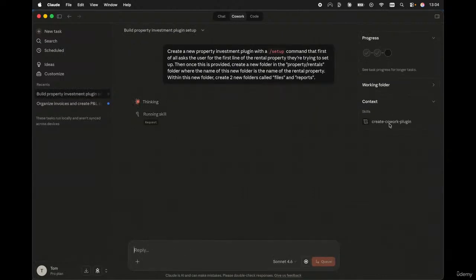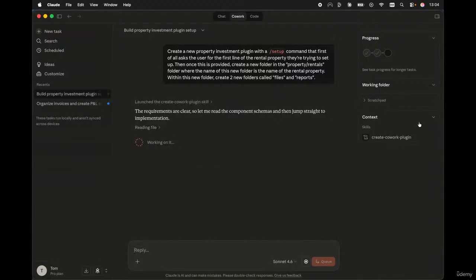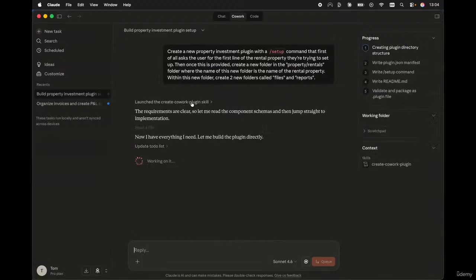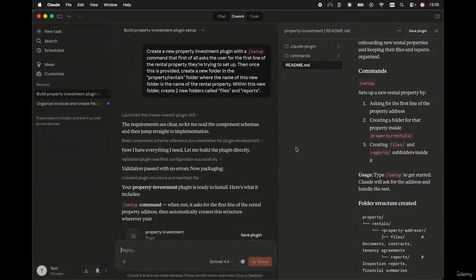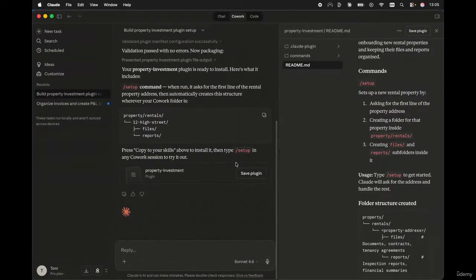And we can see as part of the context here, the Create Cowork plugin skill, which comes built in with Claude Cowork, will be used by Claude Cowork to create our new property investment plugin. So we can see here the requirements are clear. So let me read the component schemas and then jump straight to implementation. So Claude Cowork has already launched the Create Cowork plugin skill. We can see the progress here and the outline of the steps Claude Cowork is going to take to create our new plugin. So with that said, it shouldn't actually take long for Claude Cowork to finish creating our plugin,